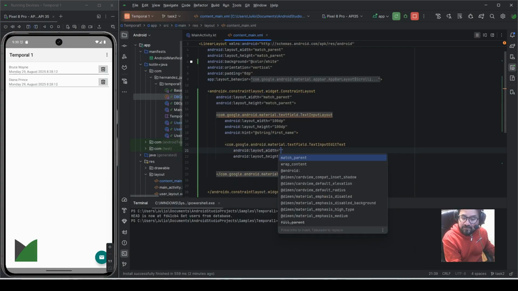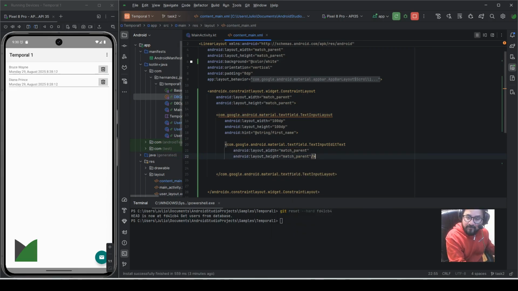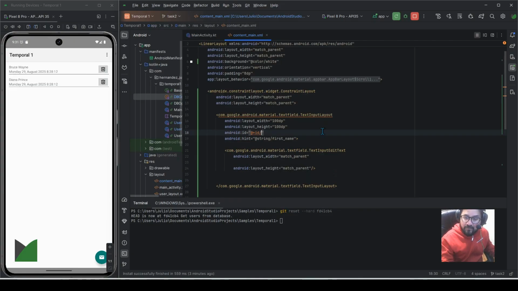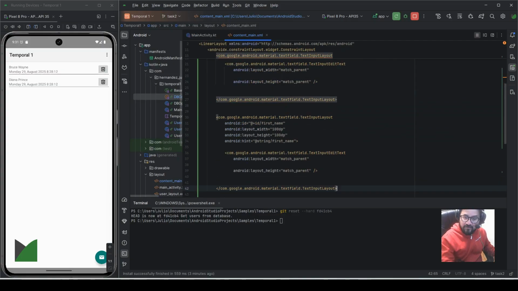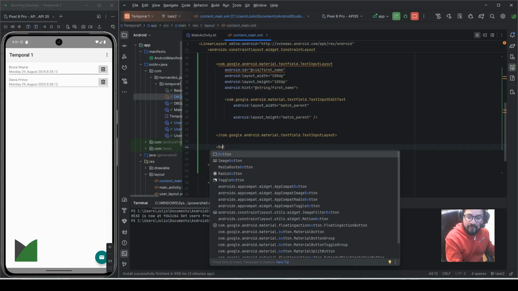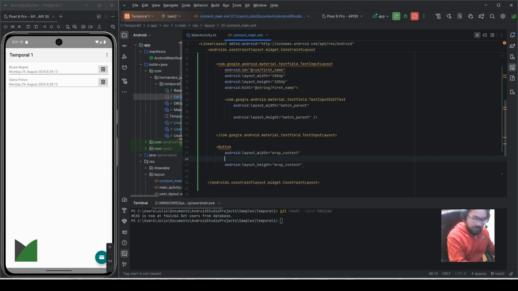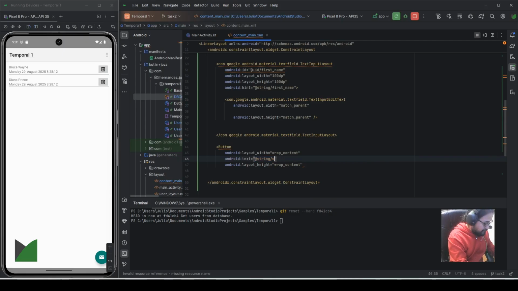Now I need here an edit text. Text input edit text. This is match parent and match parent, and I need to add here an ID, which is going to be exactly this, first name, format, and I need to duplicate this because there's going to be a first name and a last name, and add here a button. This is wrap content and wrap content, and the text for this is coming from a resource, and this is save,